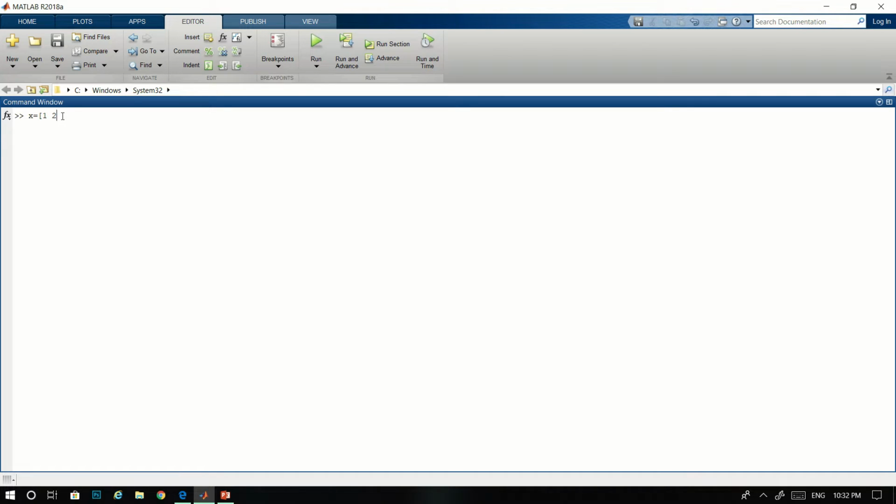Then to start a new row, type a semicolon. So let's say then 3 and 4. Because we can't write one row above another, we have to type a semicolon to represent a new row. So here X is a matrix and let's say H is another matrix. Let's say 5, 6,